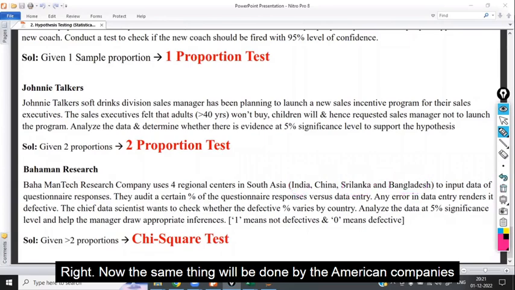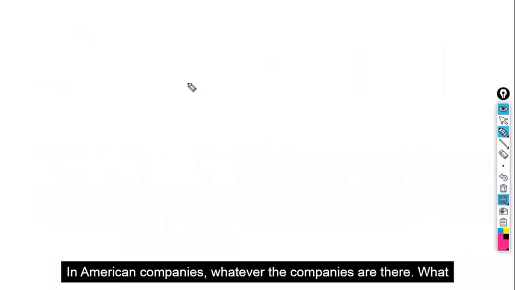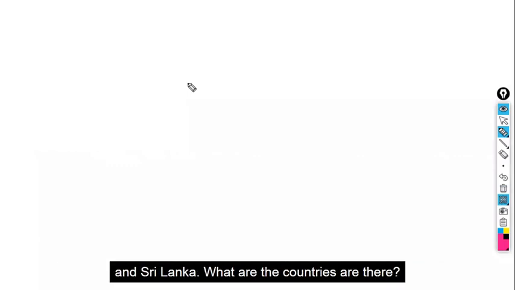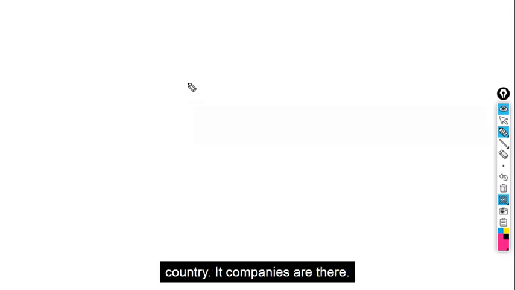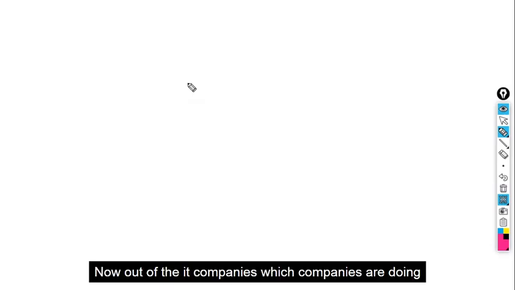Now the same thing will be done by the American companies also. Whatever projects the American companies have, they will check with respect to the UK, France, Germany, India, Pakistan, Sri Lanka, whatever the countries are, they'll check the companies there. In every country, IT companies are there. Now, out of the IT companies, which companies are doing their work very fast